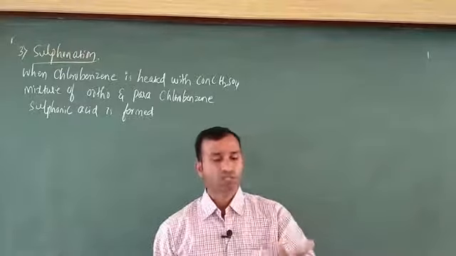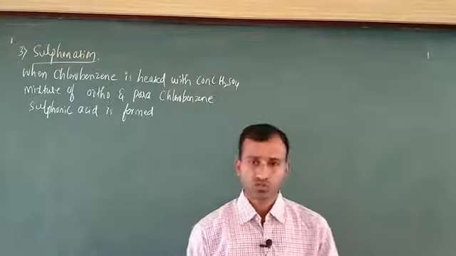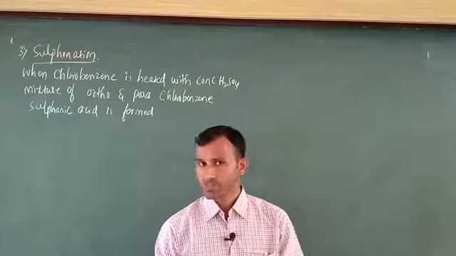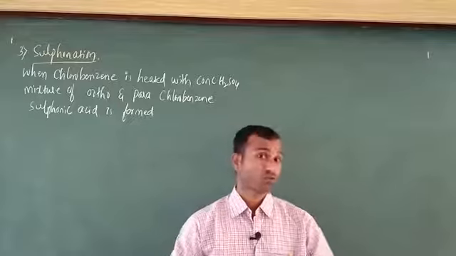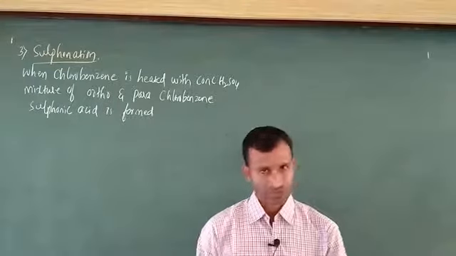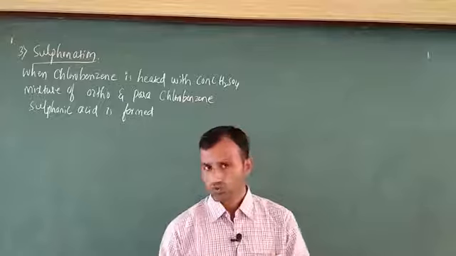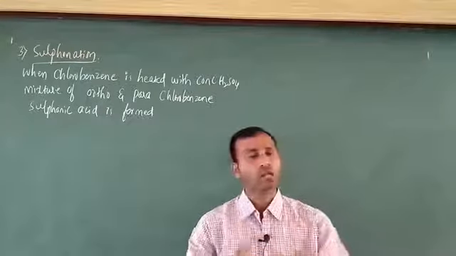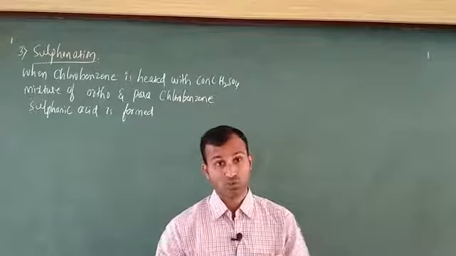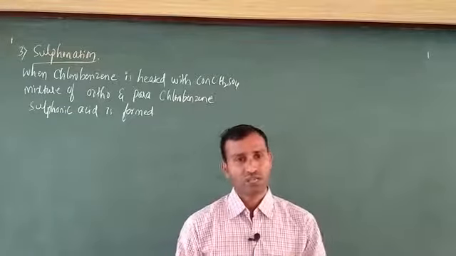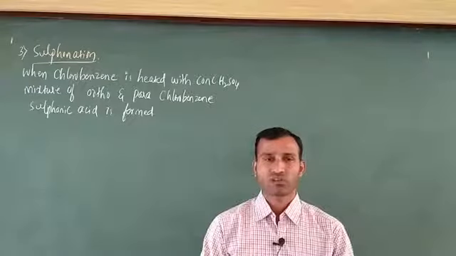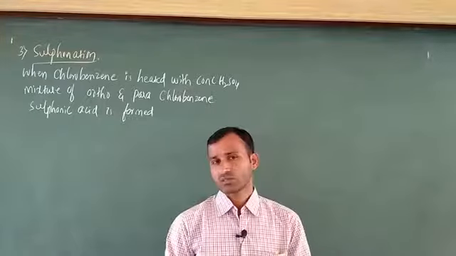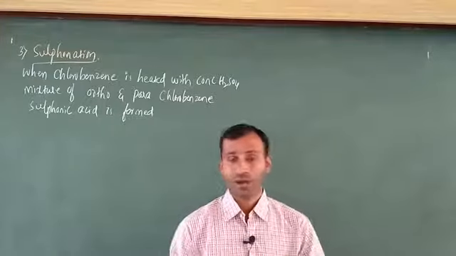Nitration means they compulsorily use concentrated HNO3 and concentrated H2SO4, a mixture of these two, and maintain the temperature at 0 to 5 degrees Celsius. Only then is there generation of the NO2 plus electrophile. That electrophile is going to attack the benzene ring. You know very well that all the carbons in the benzene ring have more electron density, and that is why ortho and para attack takes place.